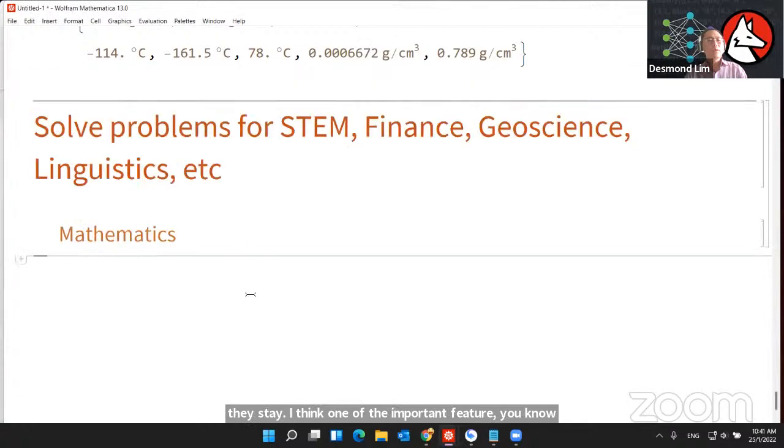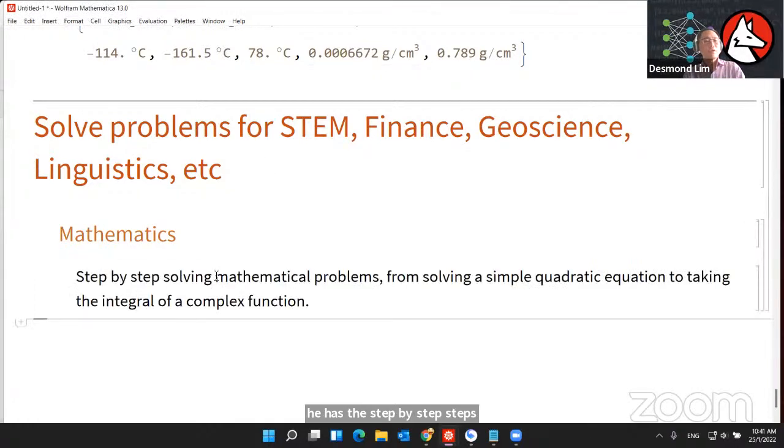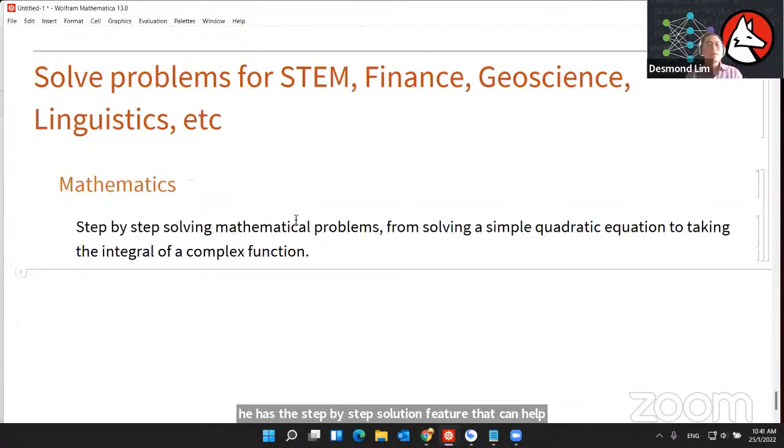Wolfram Engine is the ability of solving problems, especially for the science or finance or linguistics or those calculations. But when it comes to mathematics, this is the extra feature that we like the most because it has the step-by-step solution feature that can help us to understand better how the calculation works. Okay, for instance, let's say I have some questions about